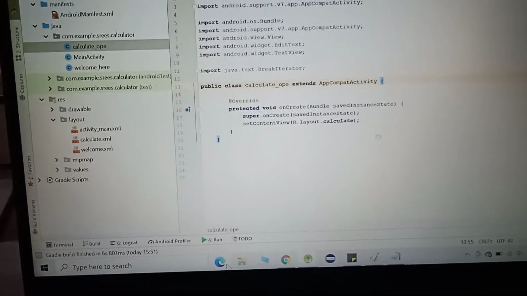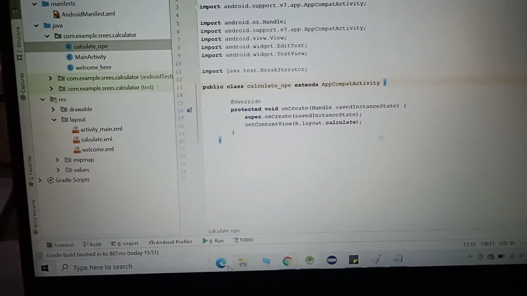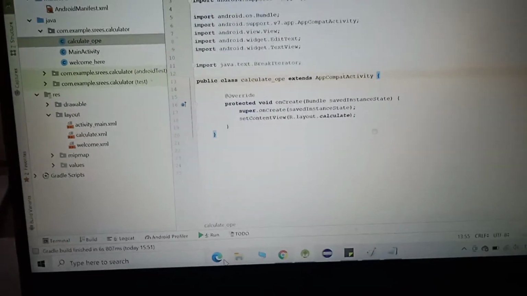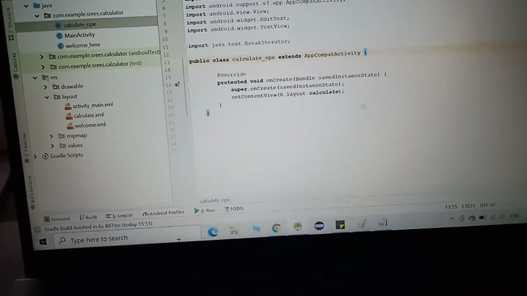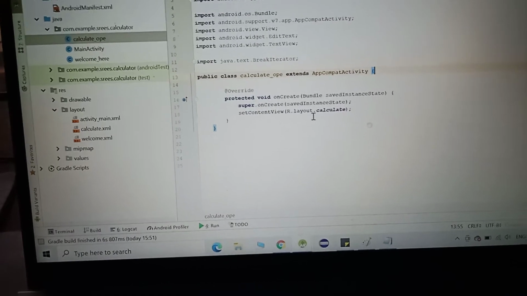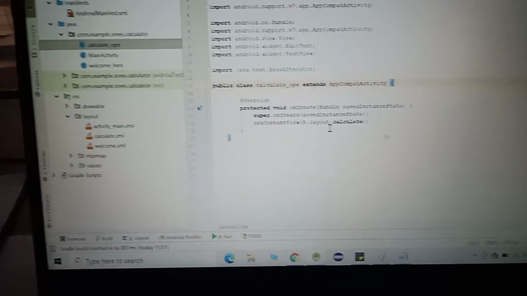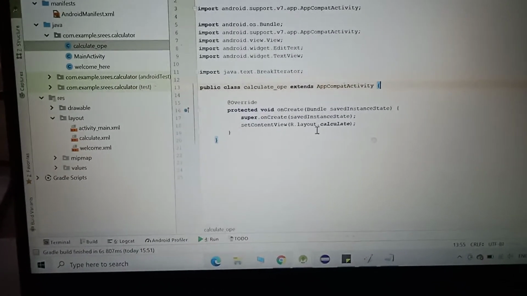After creating that, we'll set the content view, like the layout which appears will be set according to r dot layout dot calculate. Calculate here is a front end. Just as we use system.out.println in Java, here we use r.layout.calculate, not to print, but just for the sake of understanding.